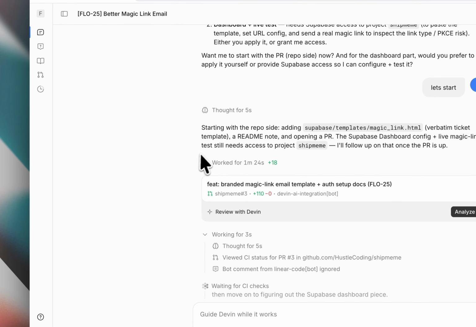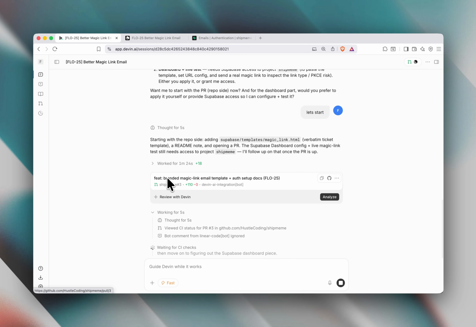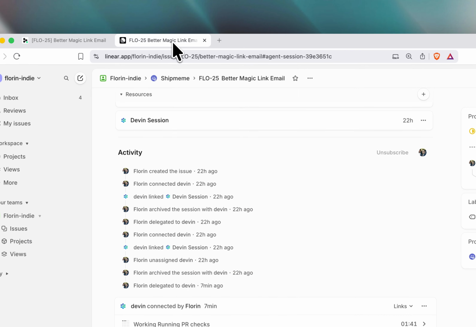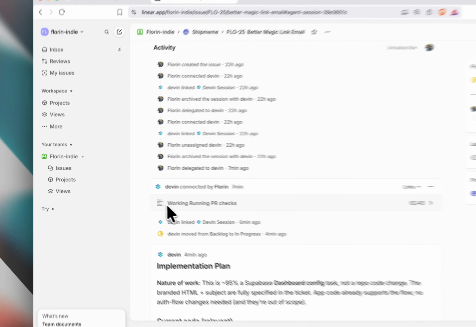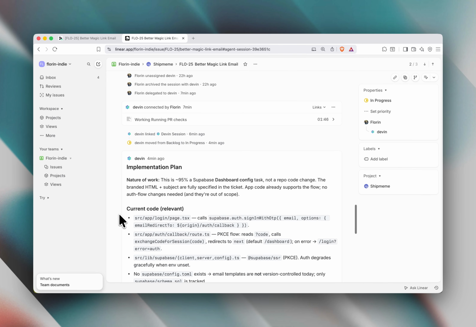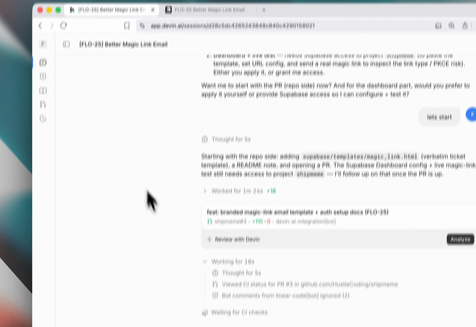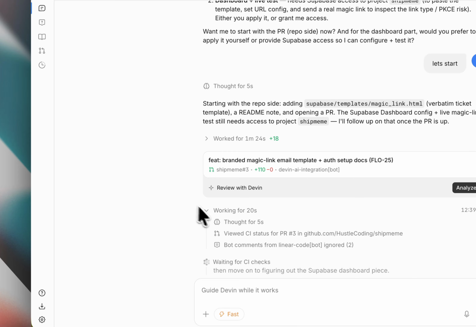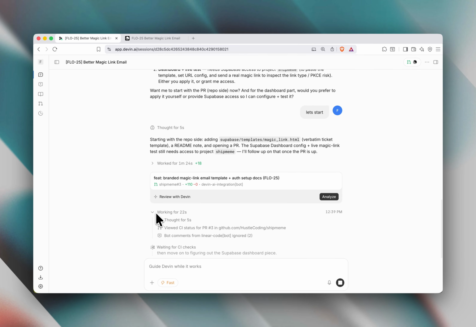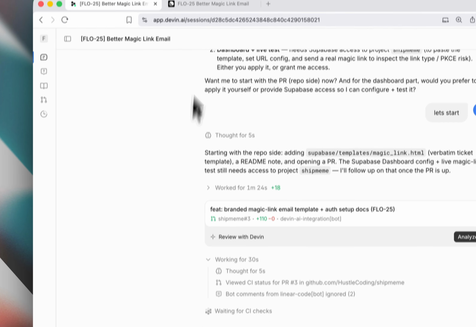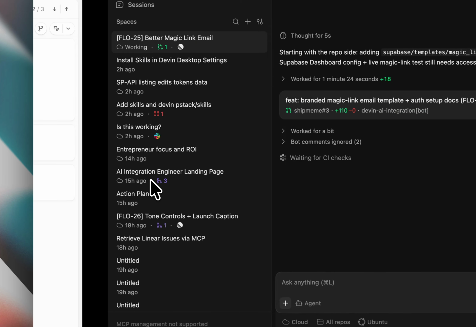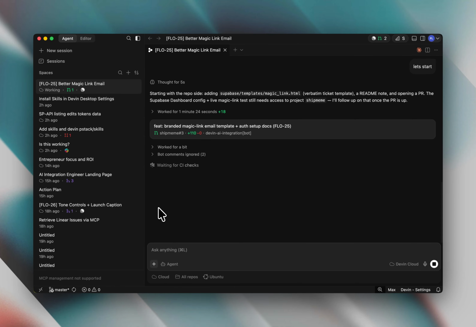Lovely. Starting with the repo, as you can see, we already have the repo here, and Devin connected, working, running PR checks. So it's trying to get all the CI to be green, and this way we can move forward to the last step, which is the testing part. So we will be waiting a bit more here until it's done, let me show you